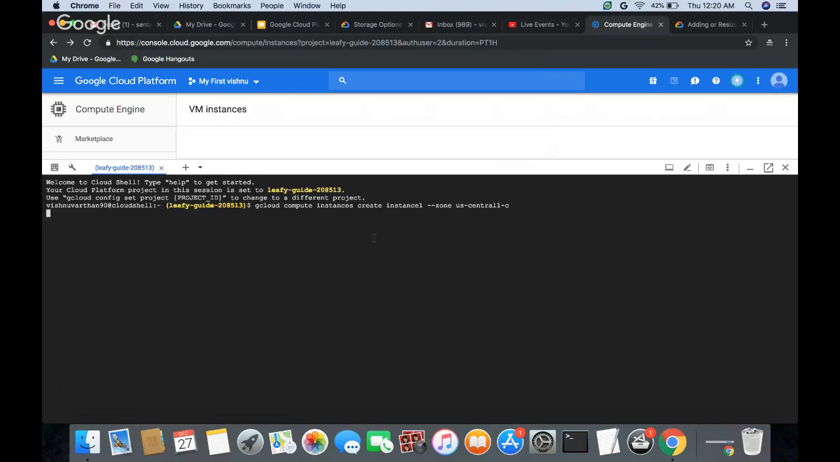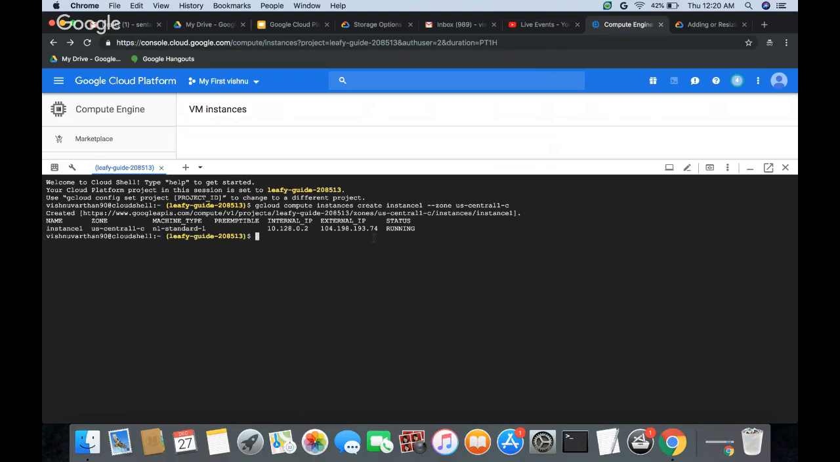It takes time. Yeah, it has been created. Instance one has been created in zone us-central1-c. Okay, status is running. Now we are going to create a disk